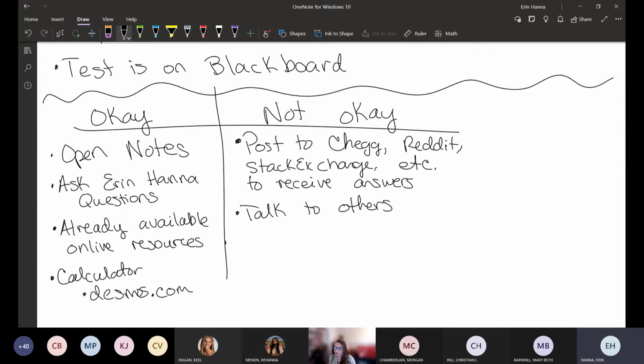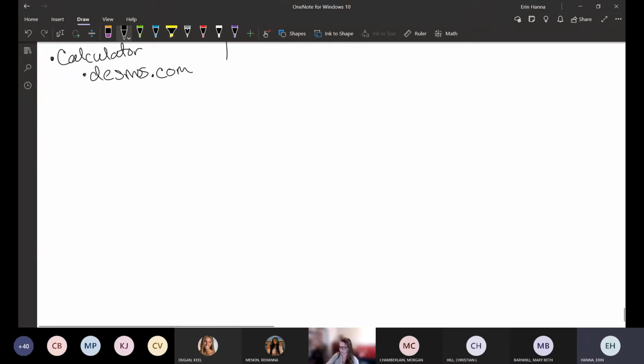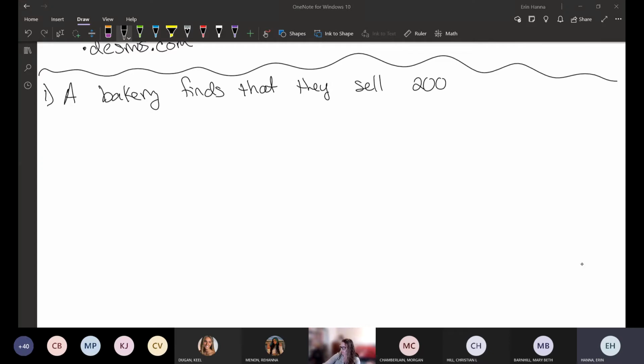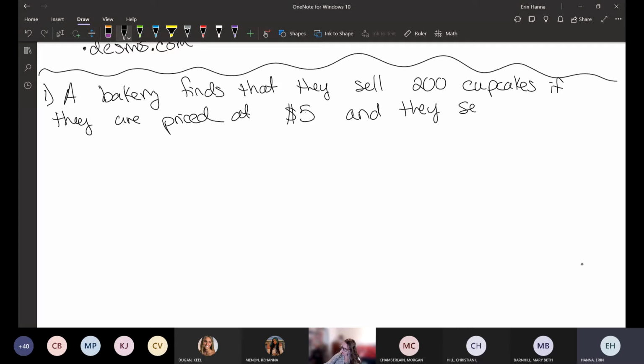So the first thing someone asked to review was demand equations, so demand and quantity equations. Sure. That would be something like a bakery. That's always my default. So a bakery finds that they sell, I don't know, 200 cupcakes if they are priced at $5, and they sell, let's say 275, if they are priced for $3,